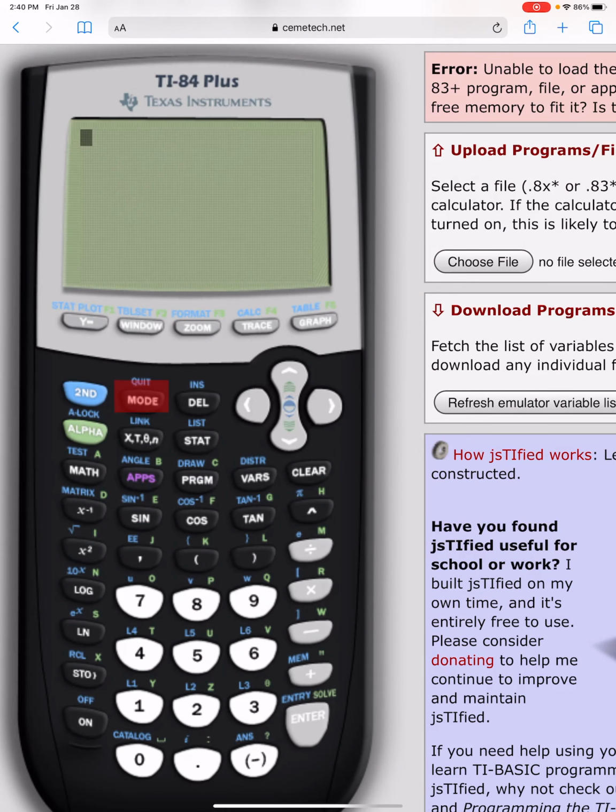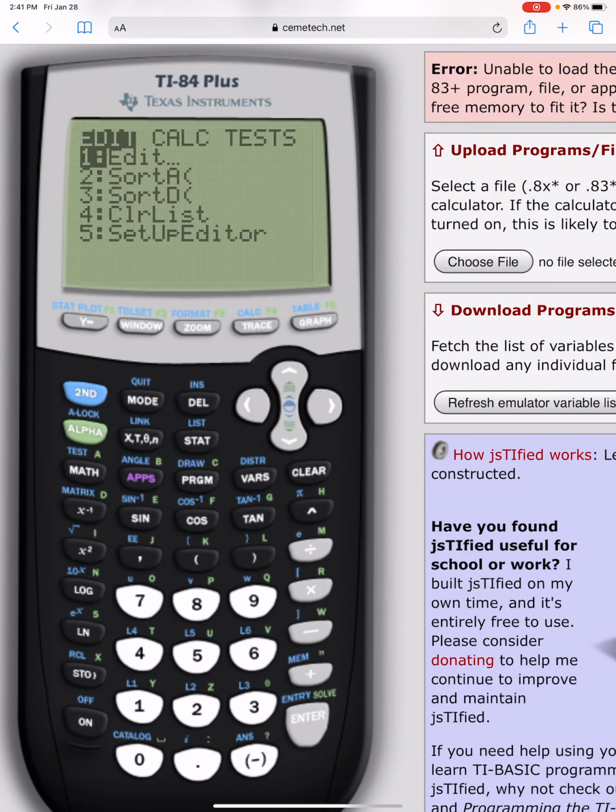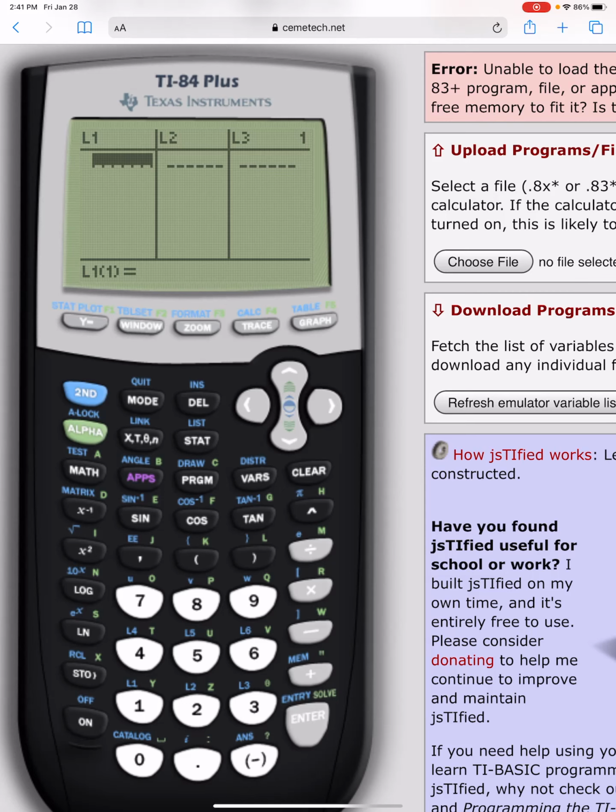And I'm going to go ahead and quit out of this. I'm going to go back into stat, hit edit. Let me put the data in the list here. So the observed 23, 20, 26, 25, and the expected 23.5, 23.5, 23.5, and 23.5. So you put in all your data for the observed and the expected, and then we just make sure we put our observed in L1 and our expected in L2, and let's double check that that's